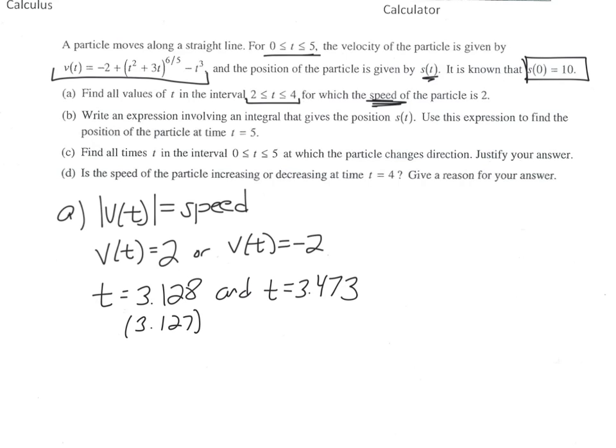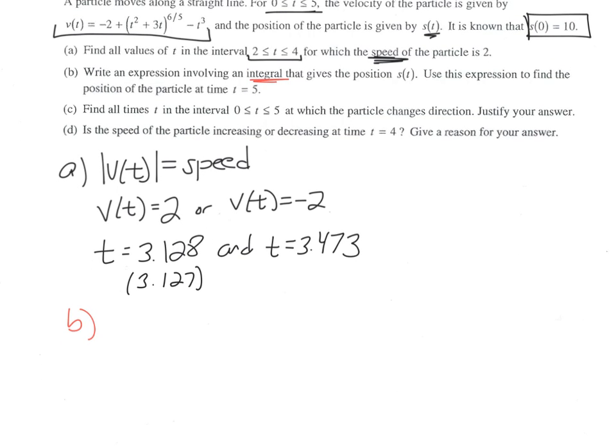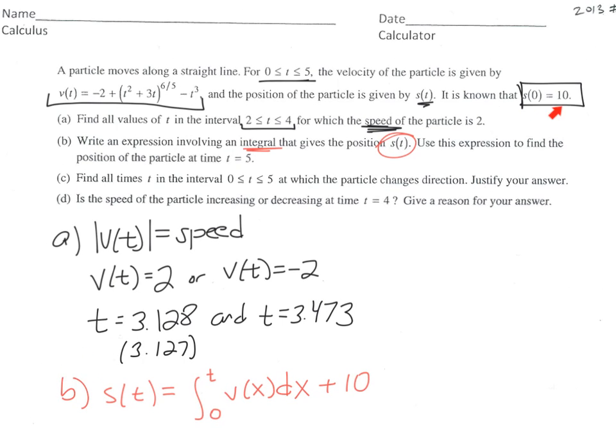For part B, we have to write an expression using an integral that gives us position. Okay, so position is the integral of velocity. So we would integrate velocity from 0 to some time t. I'm going to change my variable here. You can use anything. I'm going to use x. But this here is representing a constant, so we don't want t over here as well. So it's v of x dx. But also plus 10, because our initial position, as they told us in the directions up here, our initial position